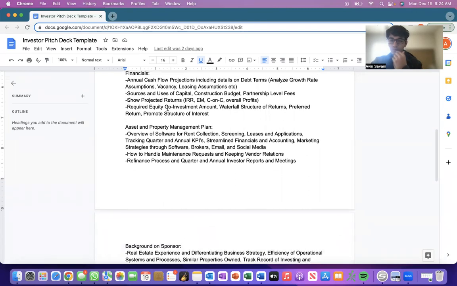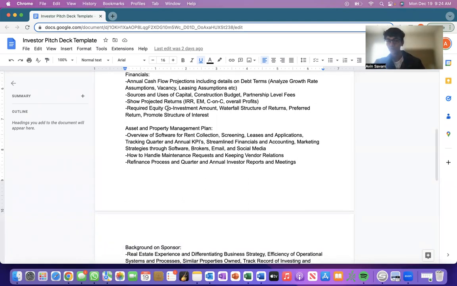Financials, so this is another thing. Within any one of our underwriting tabs, we keep track of the monthly cash flows and then the yearly cash flows as well, right? So basically give a quick snapshot of the annual cash flow projections, and also give the debt terms on the property. Since you are using their capital for the down payment and the closing costs, they should be informed about the debt. Anything that you're using the capital for, you should inform them about. So be very upfront and honest about that.